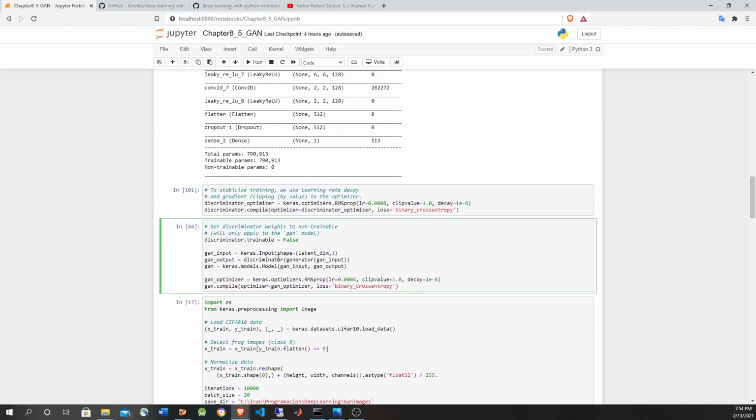He mentions that if you train the discriminator while training the generator, you're going to get problems. Okay, so anyway, with this, we're going to also use RMSprop for the GAN with a low learning rate, again a clip value, decay, and the same loss function, and this is going to be our optimizer. Okay, so